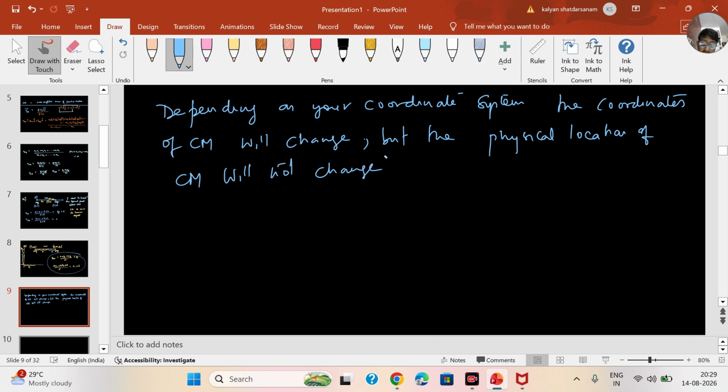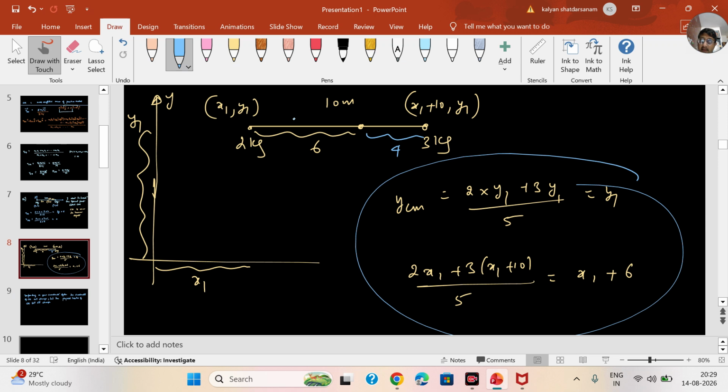That is the truth. You are in your house. Now I may draw a coordinate system with origin at you and say you are at origin. Or I may draw a coordinate system with origin at me and say you are at some xy. So depending on coordinate system, your coordinates will change, but the physical location that you are in your house will not change. Similarly, the center of mass coordinates may change depending on coordinate system,